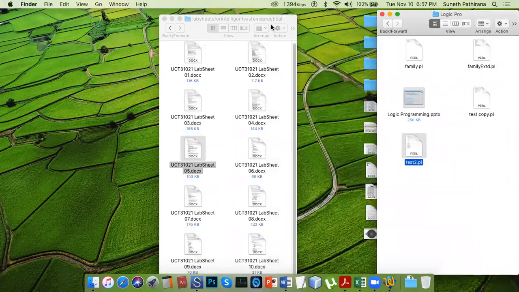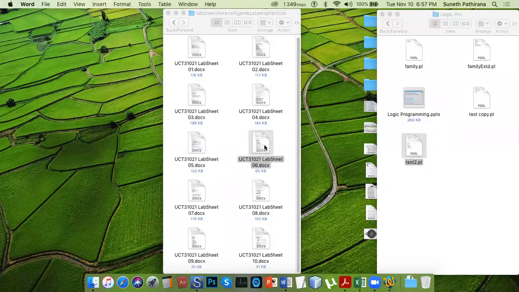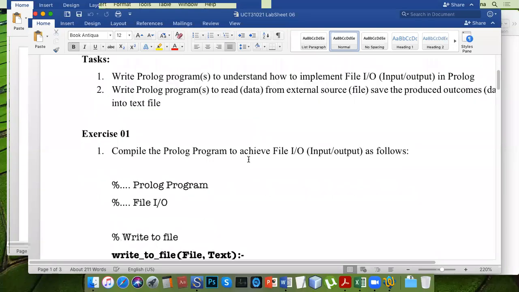That means simply you can do almost every feature that you experience in traditional programming languages, and they are available in the Prolog environment as well. That is what I wanted to say. So from the next lab sheet onwards, this is input output.